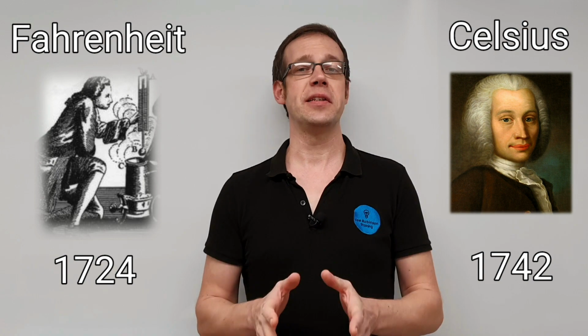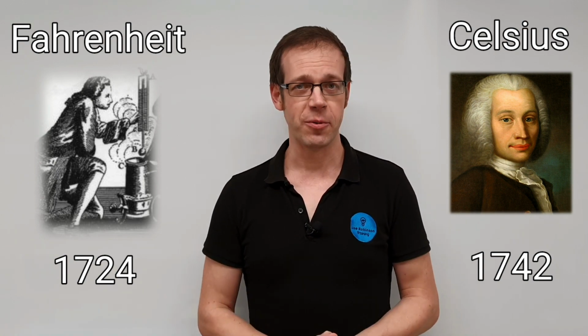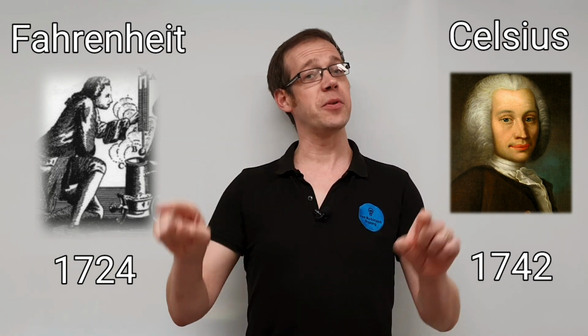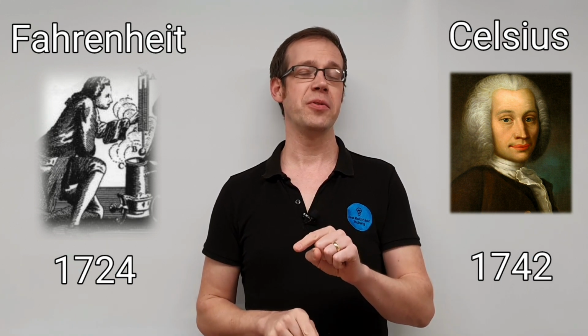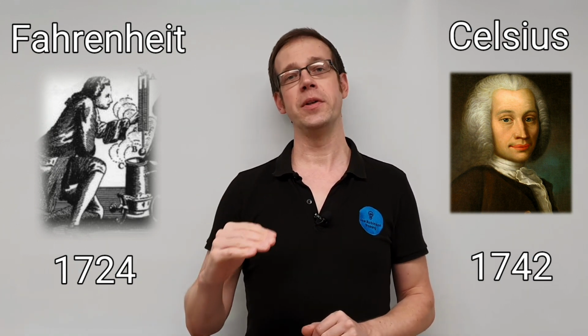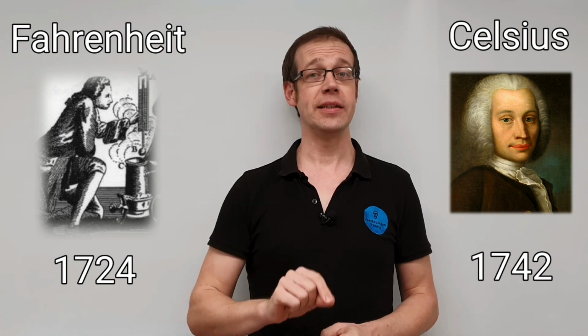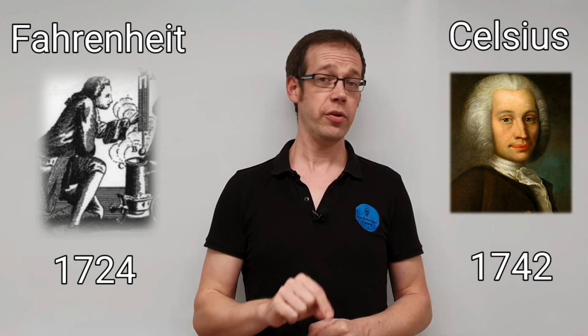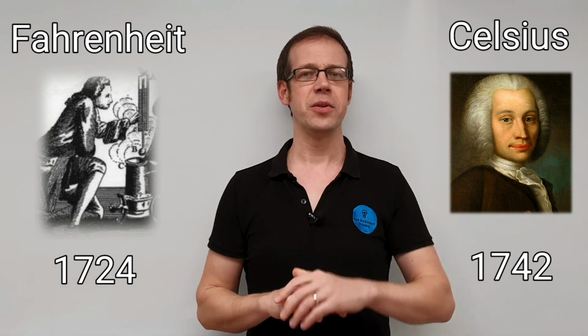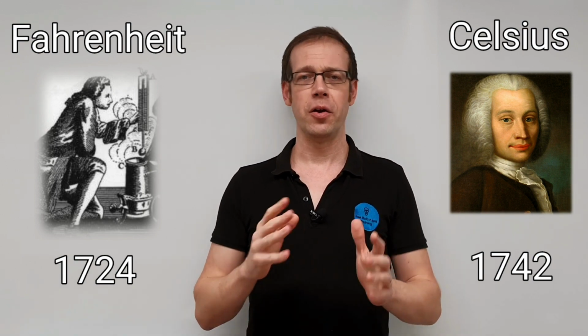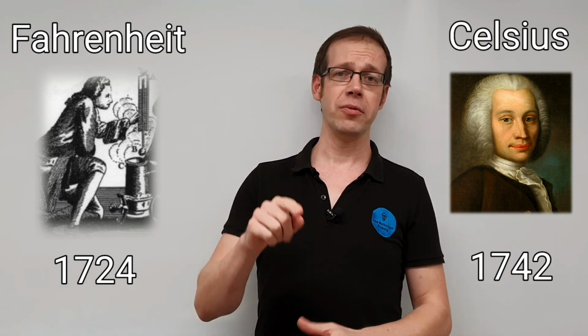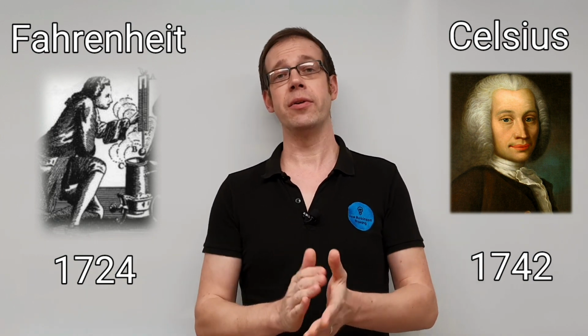Now, what's quite interesting about the scale that Mr. Celsius came up with was that he kind of set it upside down to the way that we view it now. So he set the boiling point of water to be 0 degrees and he set the freezing point of water to be 100 degrees. So he kind of got his scale upside down to the way we now know it. Not long after, it was put the other way round, and we now know that 0 degrees C is the